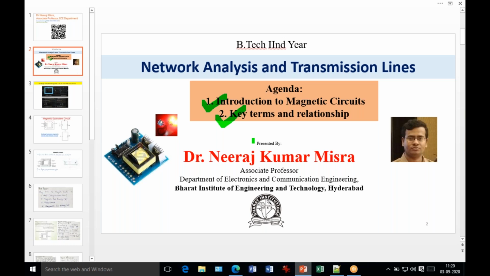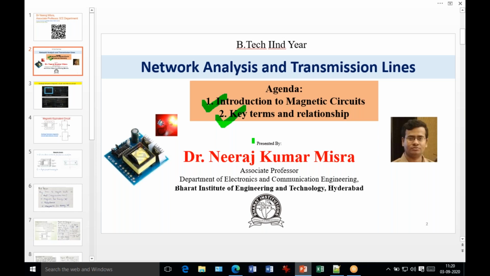Okay, so you have already learned some electrical circuits. In electrical circuits, you are aware of active networks, active elements and passive elements. You also learned the KVL equations and KCL equations, and how to convert any electrical network into a graph. You have also learned the types of graph, like oriented graph and unoriented graph, and the cut set matrix and tie set matrix. I discussed all these topics in the previous lecture.